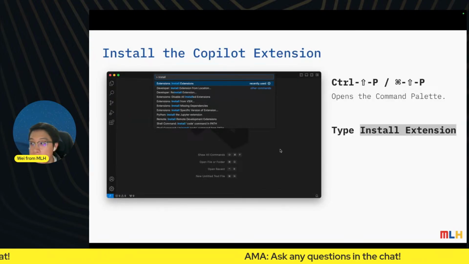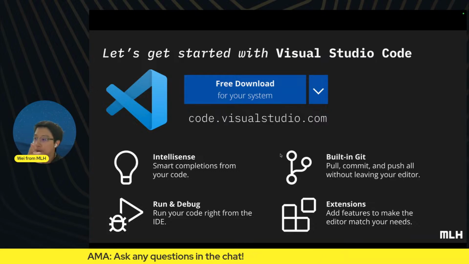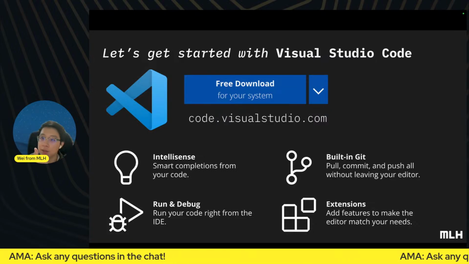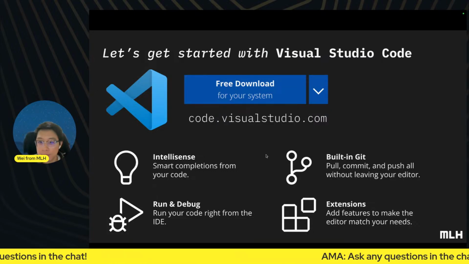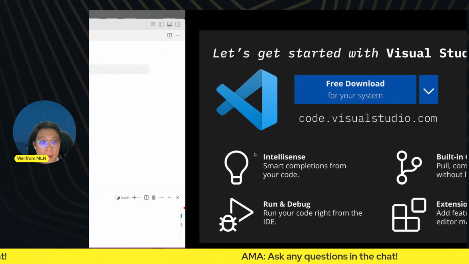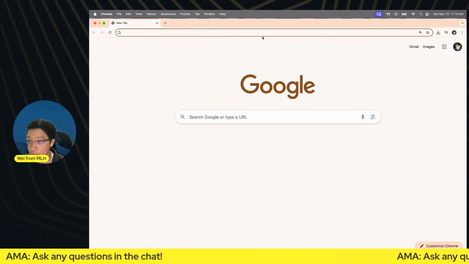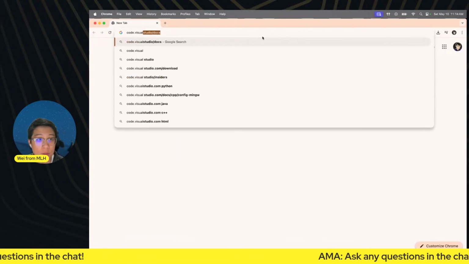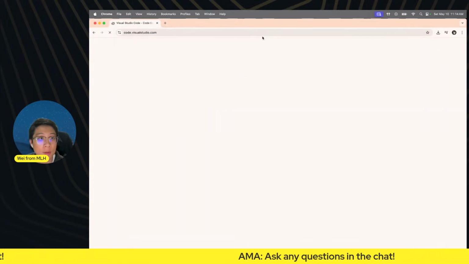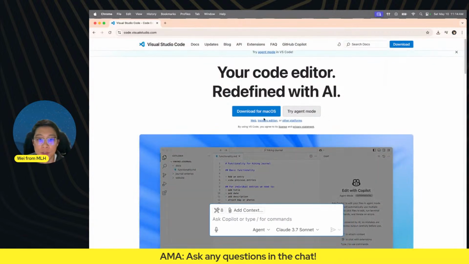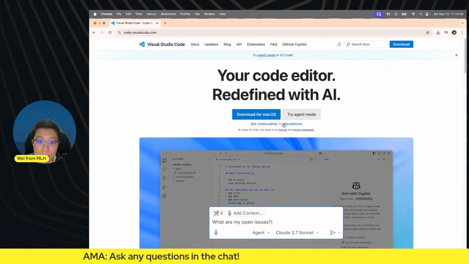So if everybody has VS Code installed, please give me a thumbs up. That way I know you have VS Code and you have Python installed. This is what code.visualstudio.com looks like, and you can just download it for your system.